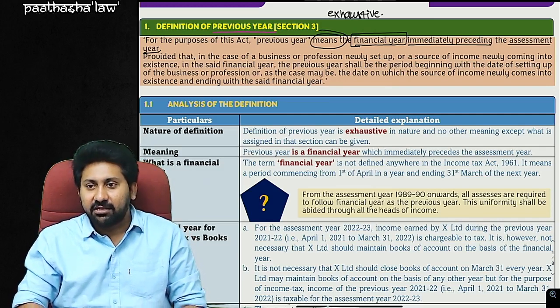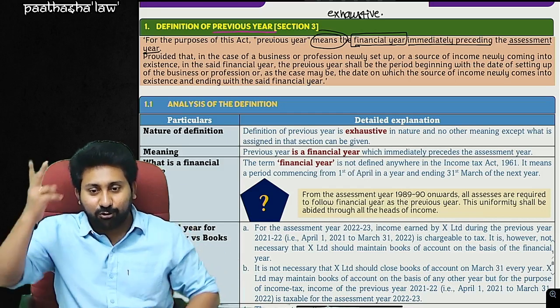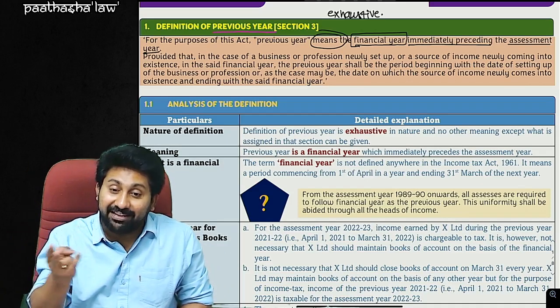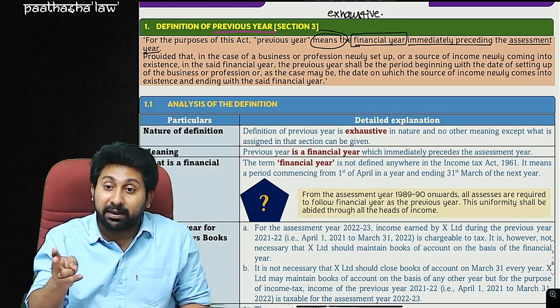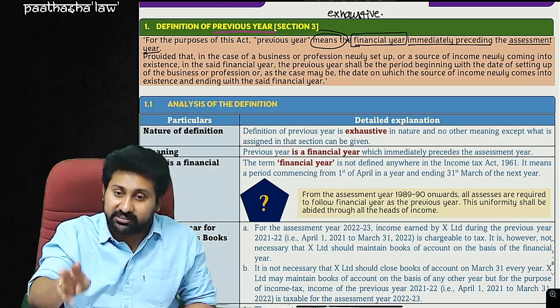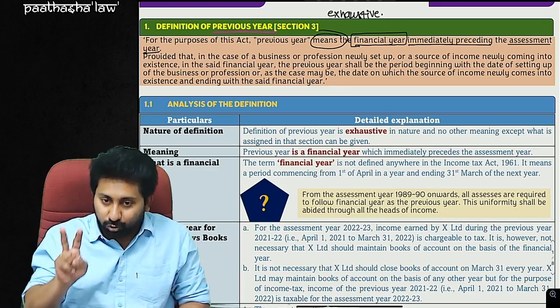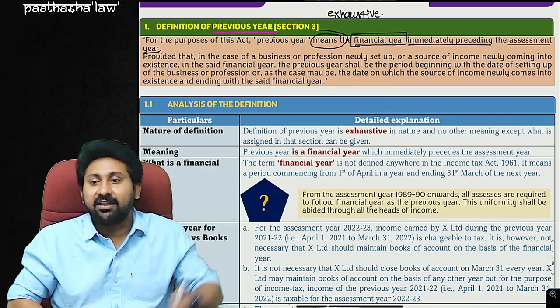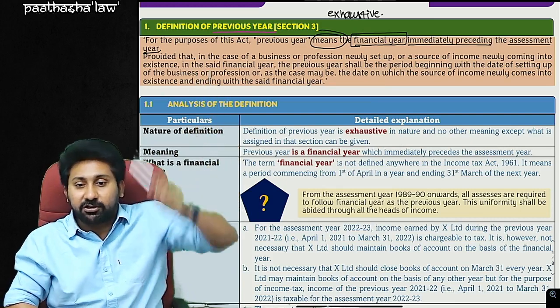Chance is there. Sir, how come, sir? A single person has 2 previous years? Possibility is there. It's not 2 previous years of the person, it is 2 previous years of source. It's called 2 previous years of source. Sir, where is it said? In the proviso to Section 3 they have said.